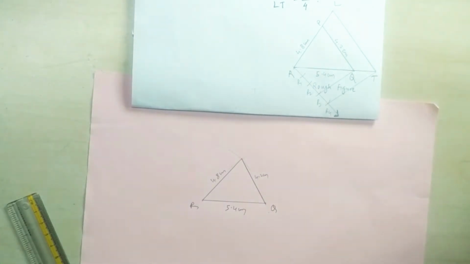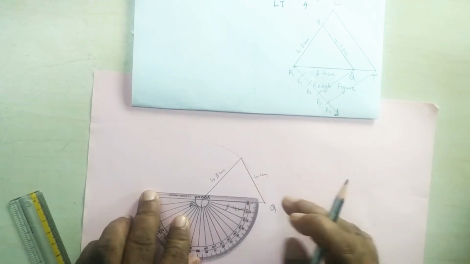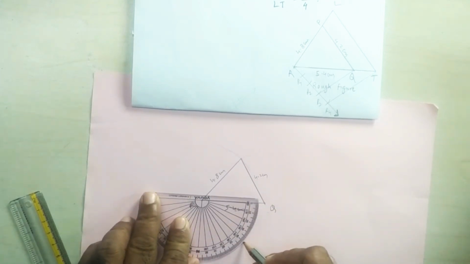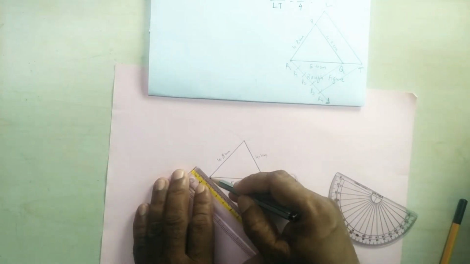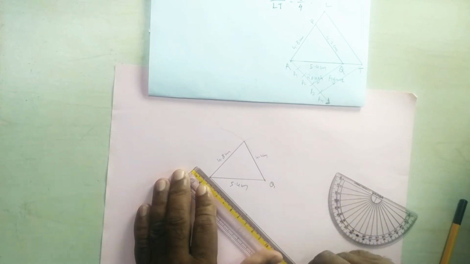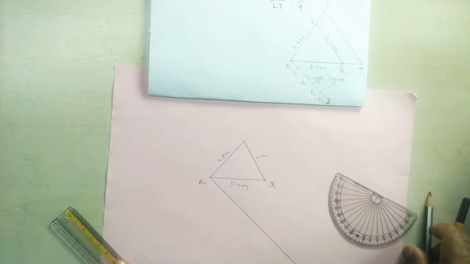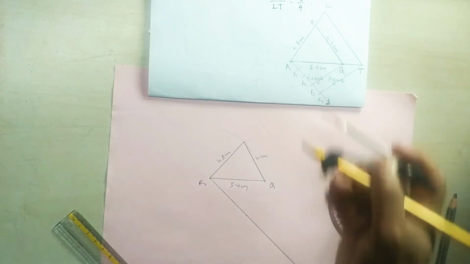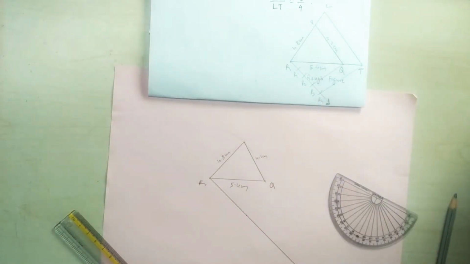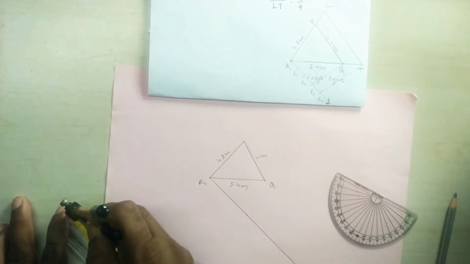Now with the help of protractor, make an acute angle, of any measure you can make. So here I am taking a 40 degree acute angle and extend the ray in downward direction. Now with the help of compass, divide this ray into 4, as there are 4 parts. So for 4 parts, take a suitable distance